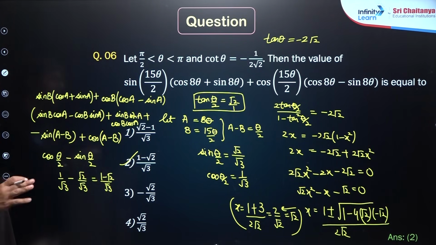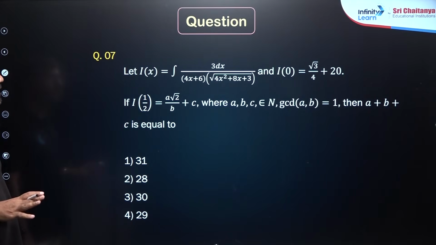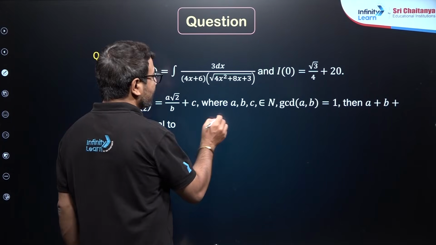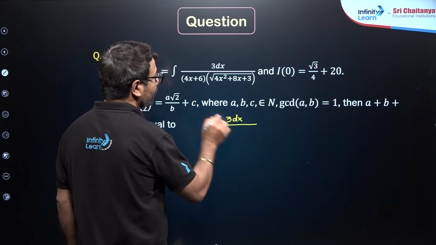So that is why the second option will be the final answer. I hope you understood the way this question is to be done. Next is an integration question: 3 dx whole divided by